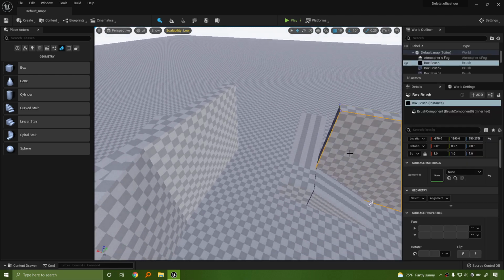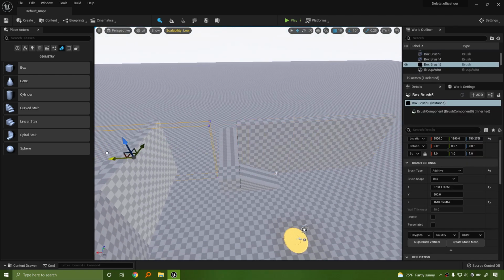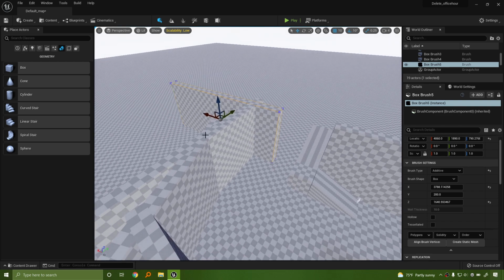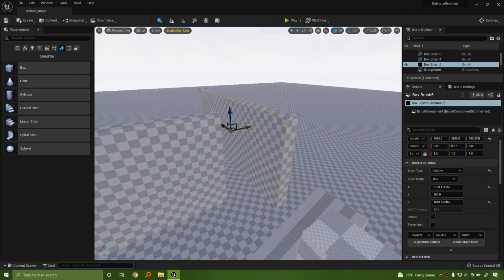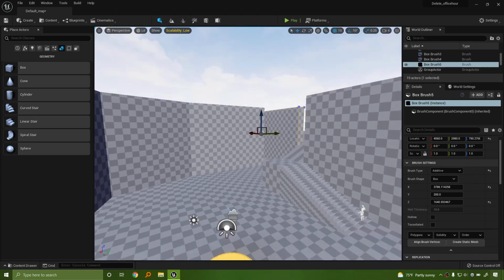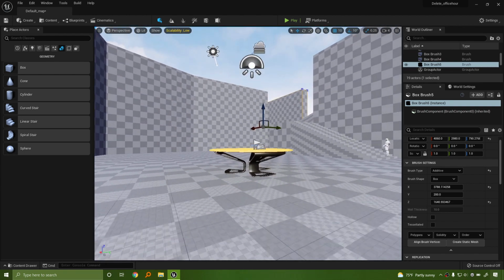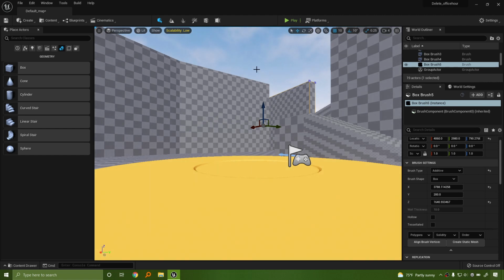I'm going to grab one more wall over here. I'm going to move this over here. Let's have an alleyway going that way. Make sure the character can see it from the starting point. Where's the character start? Move this down a little bit so that I can see a little bit more of the sky. Cool.